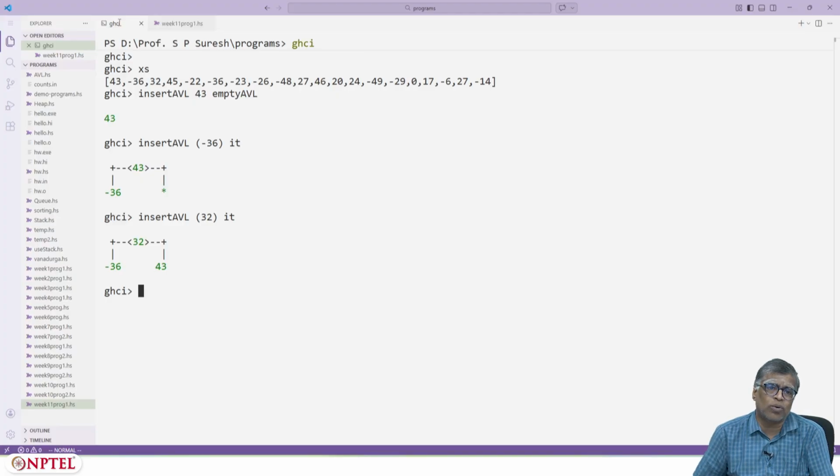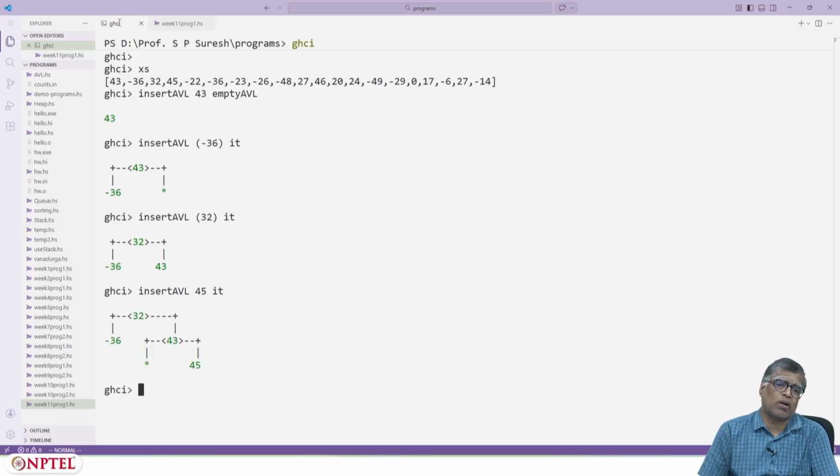The next thing I want to do is insert 45 into this. It should go to the right of 43 and it should be fine, because height balance is still maintained. Height difference of at most 1 is okay at every level, that is maintained. Now you have minus 22. This might create a problem or it might not. Let's see. Minus 22 should go to the right of minus 36 and it will once again create a problem and trigger some rotates.